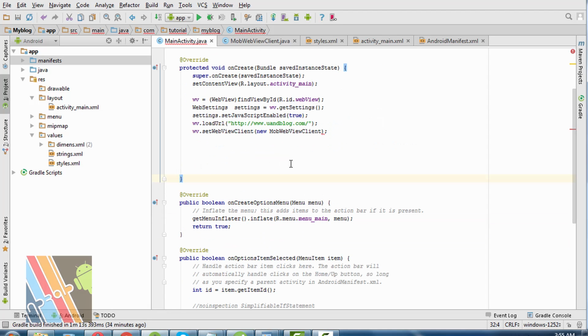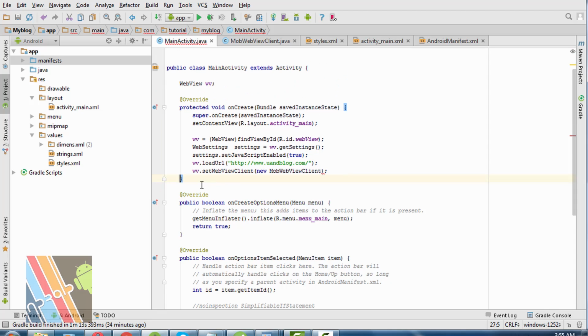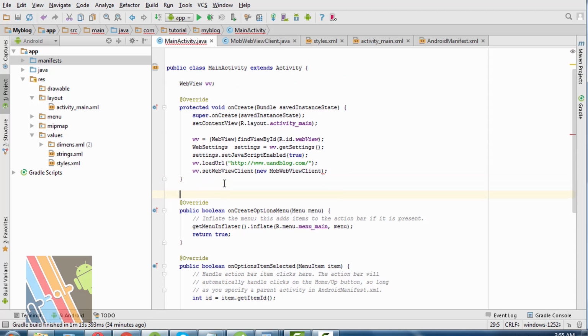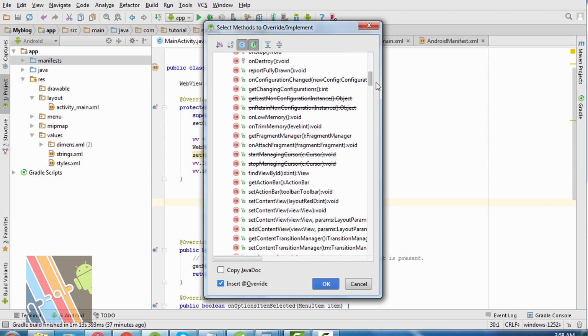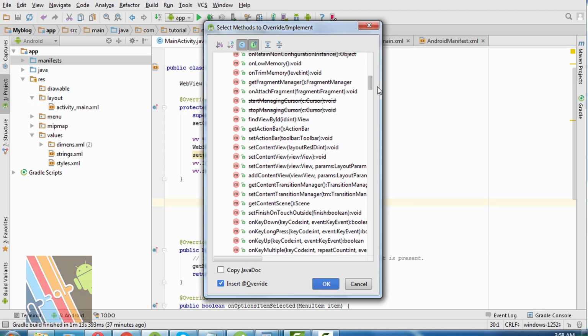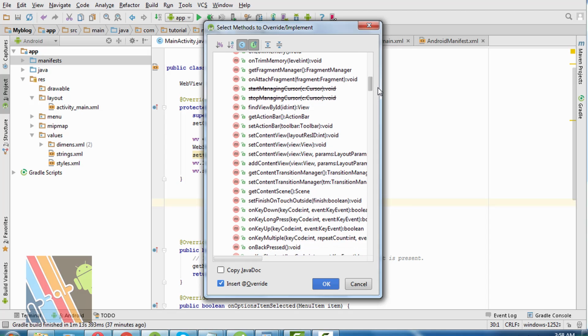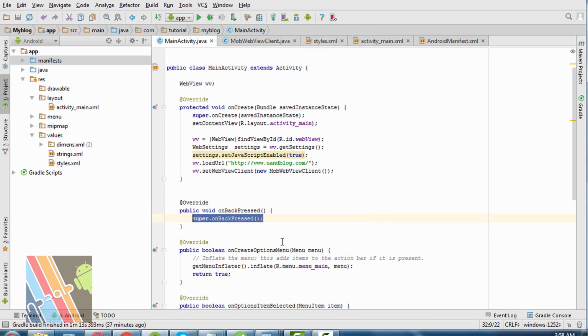Now we have to work on pressing the back button and navigating to the previous web page of your website. So for this we have to override the method onBackPressed